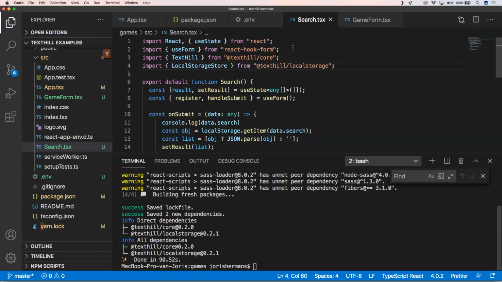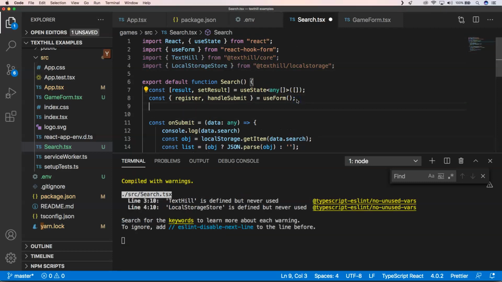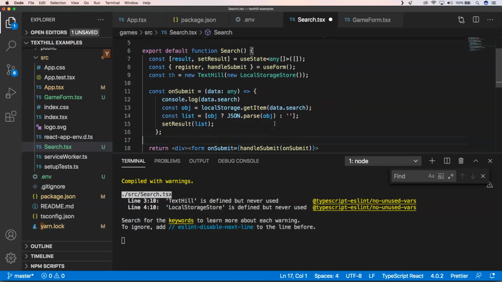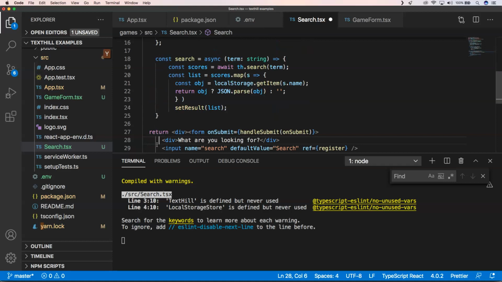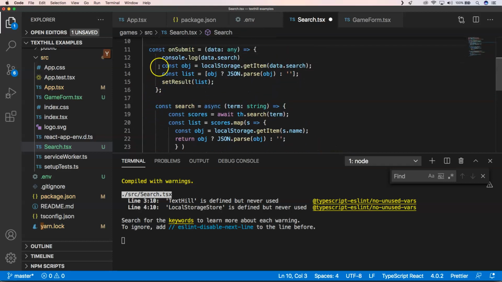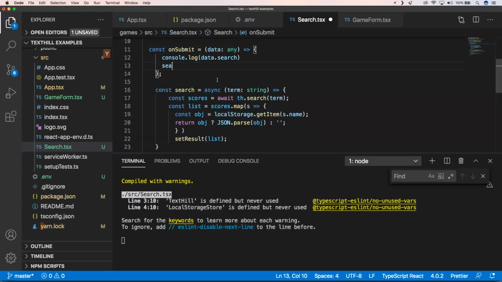That's much better. Alright, so what I want to do now is just have an instantiation of TextHill, right, with local storage store there. So that's what I want to have there, and then I want to create a method search to perform my search and to have our results there. So I do that all as follows. Right, we have like this one here, and then of course here I need to remove this here, and I need to search